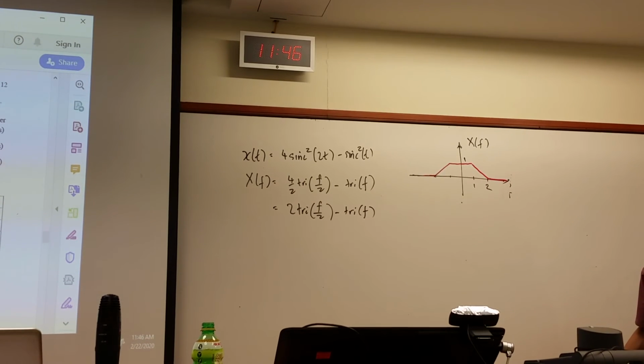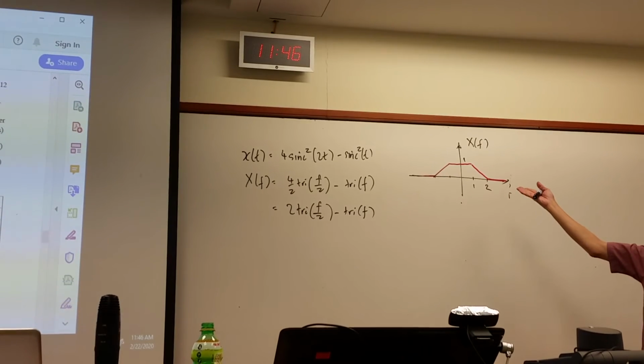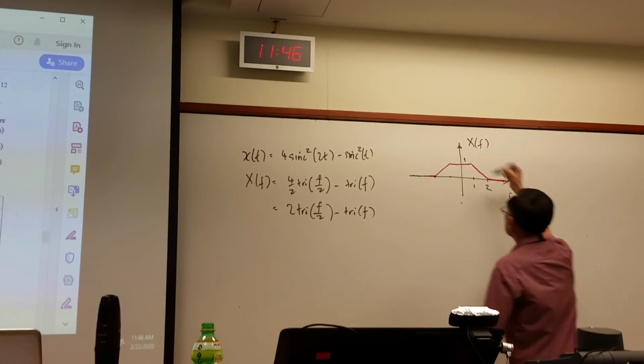If I find the magnitude of this, it looks the same, right? Magnitude, because all positive here. So I can also label this as